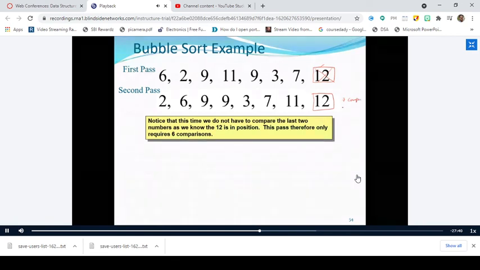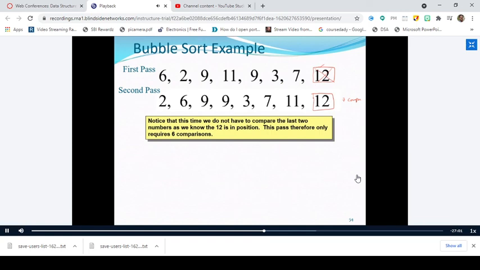As I told you, the time complexity of any algorithm depends on the basic operation. Here the basic operation is comparison and swapping. So in order to reduce the number of comparisons, whenever you position an element in the correct place, then for the next pass we are not going to consider that element for the operations or for the sorting method, right? So after the first pass, the 12, the largest element, has been placed as the last element. Therefore, we won't consider this 12 for the comparison operation in the second pass.